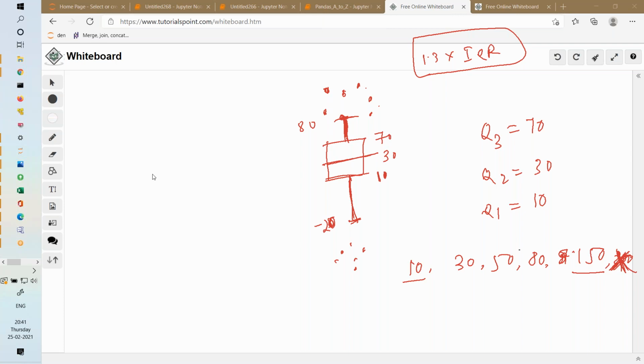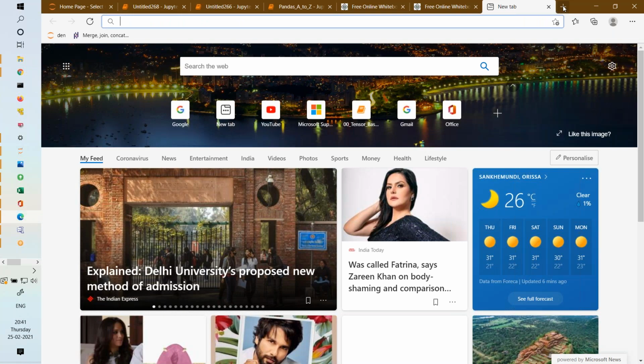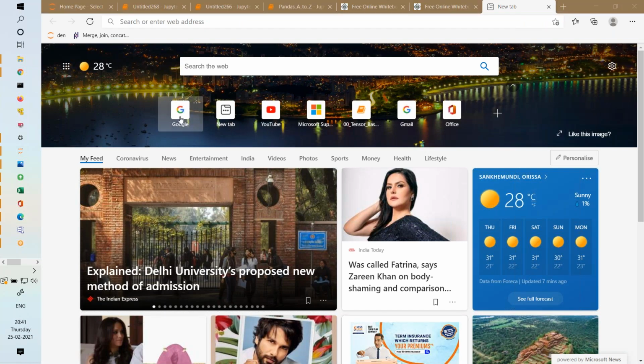So actually the box plot is giving you so much information. It is giving you information about the median. It's called the five number summary. Five number summary in the sense you can understand the median, you can understand the quartiles, you can understand the outliers, everything together, right? So let me show you.